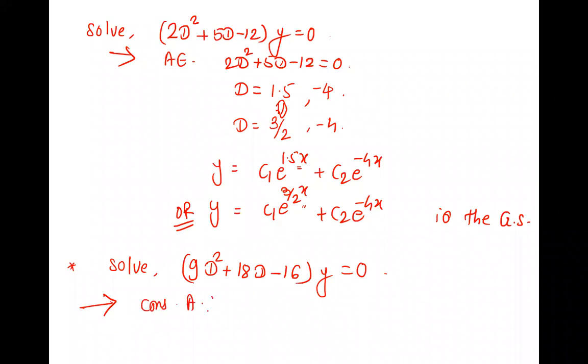Consider auxiliary equation. This is the way of writing. If it is an offline exam, we need to write this. But if online, then very good. You can just take it on calculator, find out roots and write the solution. But if it is offline this time, then you have to take care. It can be offline this time, I guess.